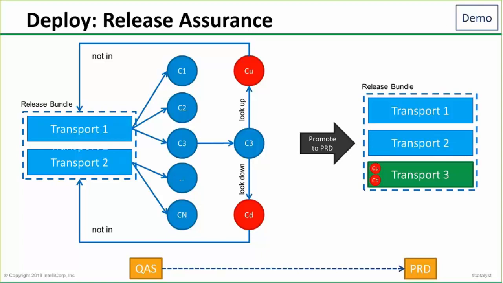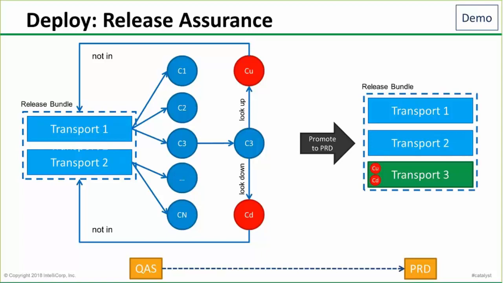Over on the far left, we've got a couple of transports that make up our custom release for this week, and inside those transports, we've got a bunch of objects that we've modified. Now, if we take that release bundle and apply it to production, there is a chance that we could experience import errors or, at worst, production outages. And the reason for that is because maybe the release bundle doesn't include the complete set of changes. And that's really what release assurance is designed to do, is to tell us, is it safe to promote